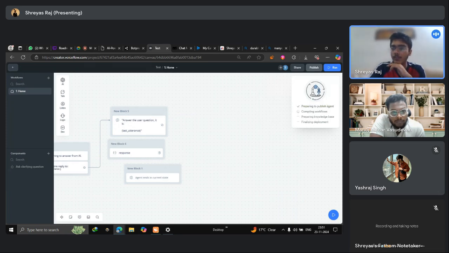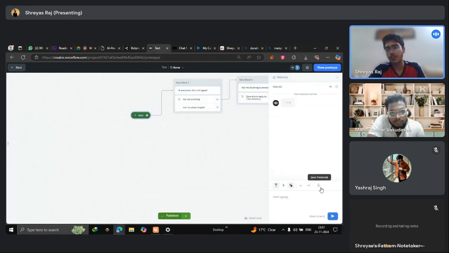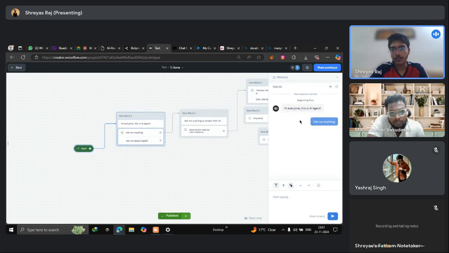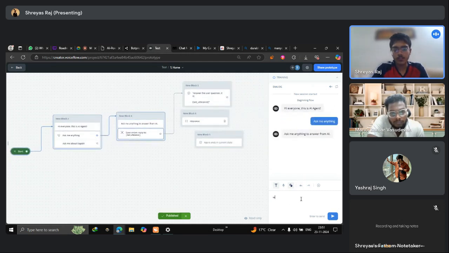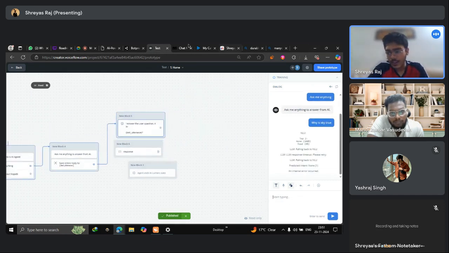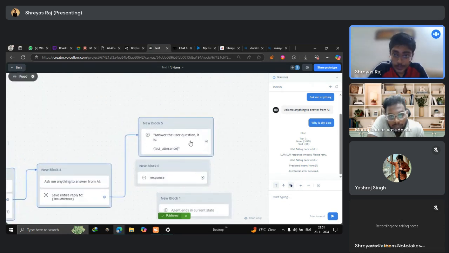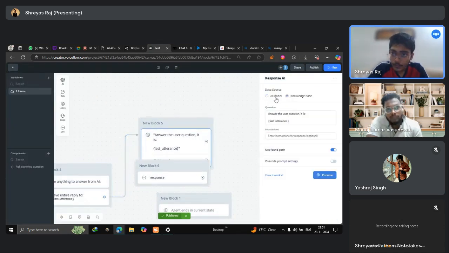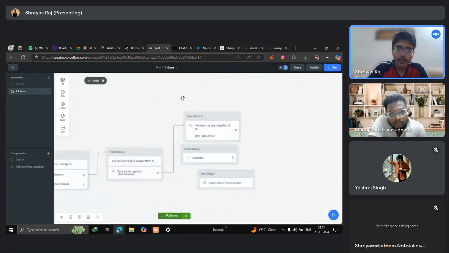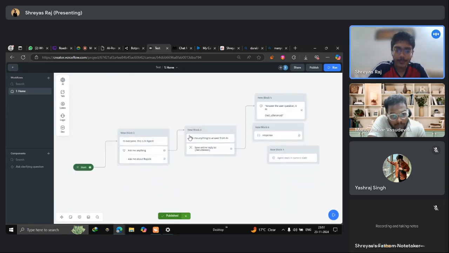Publishing agent content, compiling workflows. Let me just run it now. Let's just see if this works now. Ask me anything. Why? It should technically answer, but I am getting some internal error. I don't know what's causing this. The knowledge base is still going to be the same, I think. Oh well, anyways, I'll just see what's causing this internal error, and I'll just show you how intents